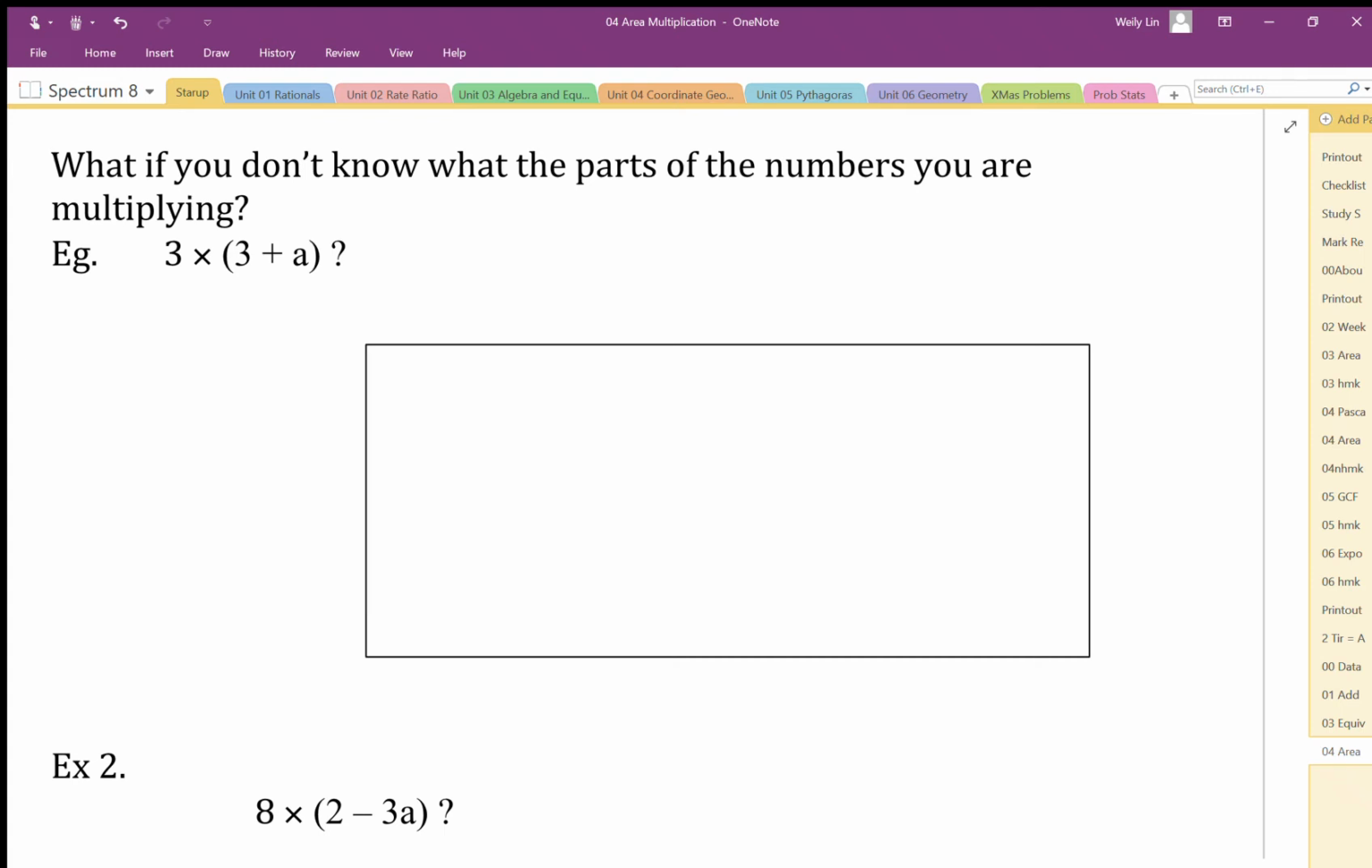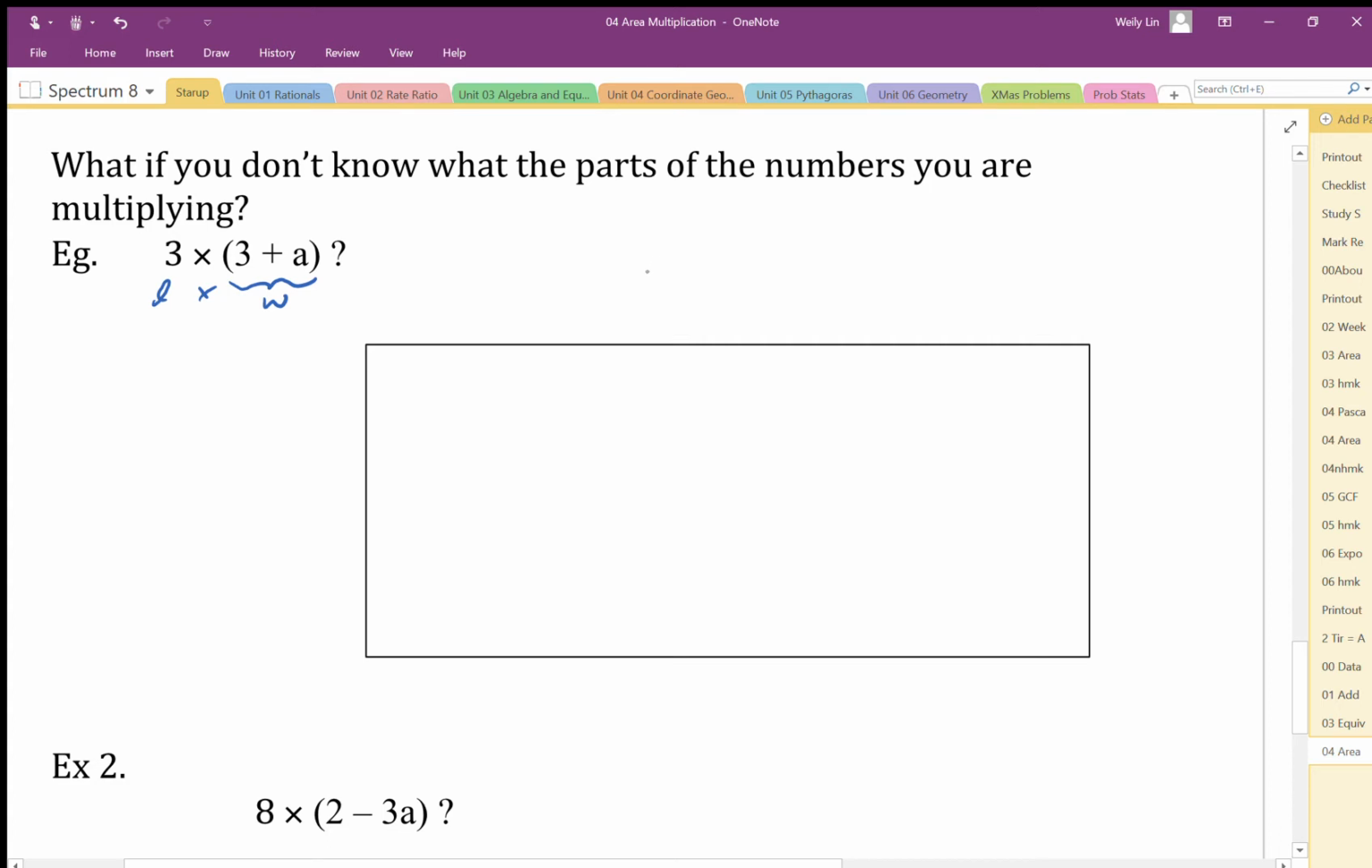So this method, this box method, is very useful when we're starting to do multiplication where we don't know parts, as long as we understand how the parts fit in. So here we have 3 times (3 plus a). Well, what does that mean? Well, multiplication is length times width. So we can consider that whole part our width, and then the answer must be the area that we get